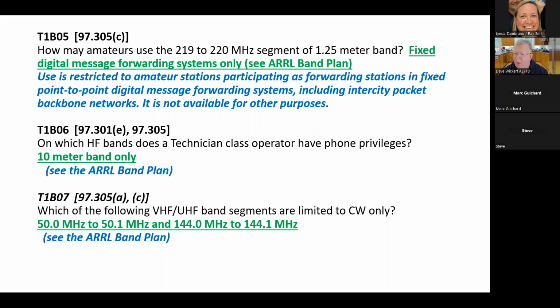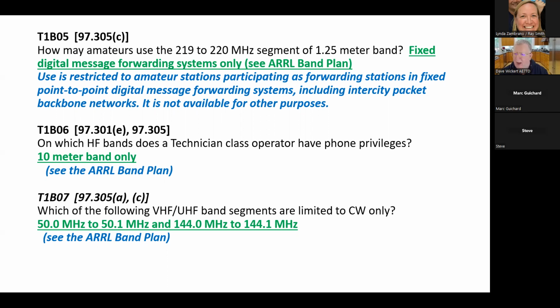VHF and higher, 150 megahertz and higher, you're only going to get line of sight propagation because there's so much energy in the radio signal that it just travels straight through the ionosphere. It won't get bounced off of the ionosphere, which is what shortwave will allow you to do.